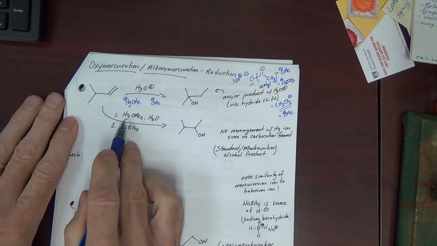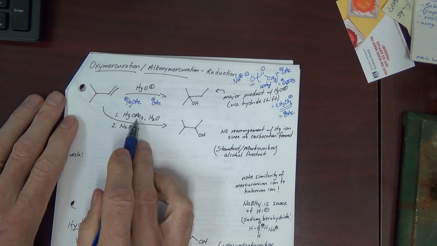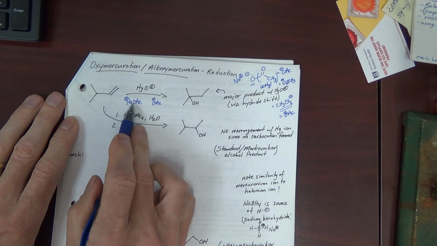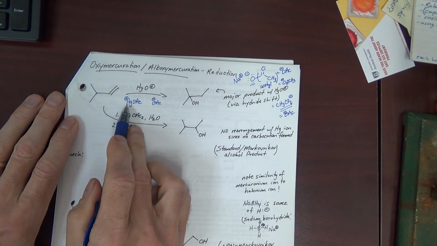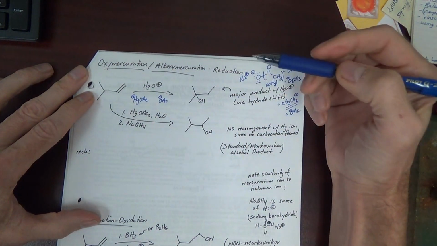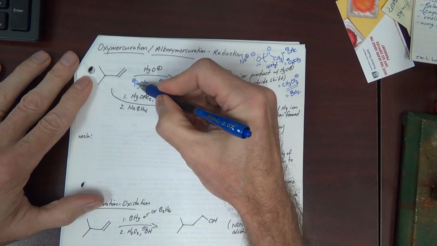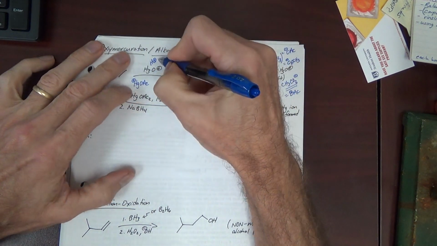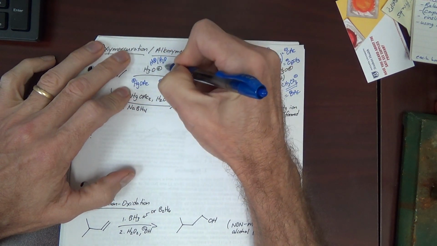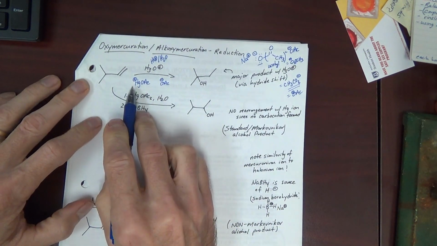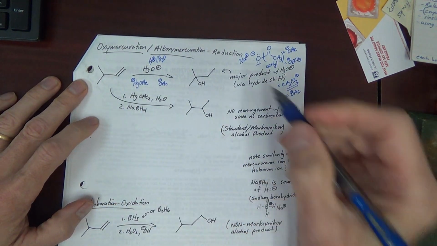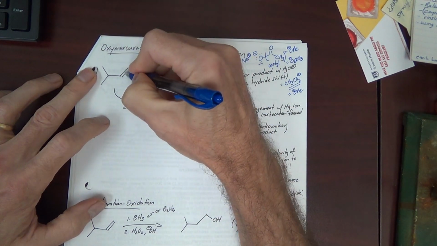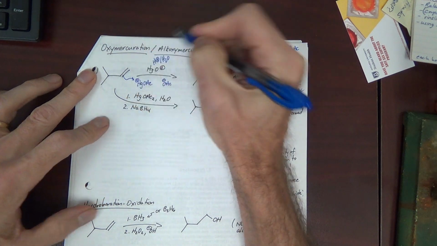This is mercury acetate. The mercury is 2+. You've got 2 acetates minus. We can show it like this. You could show it completely ionic. I'm showing it with 1 acetate still coordinated to the mercury. But here we go. This is mercury plus, just like up here the electrophile would be H plus in water. Here you have mercury plus and water. So the alkene attacks the mercury plus. Where are we going to make the cation, top or bottom? It would be bottom, so we pull away from the bottom and we get